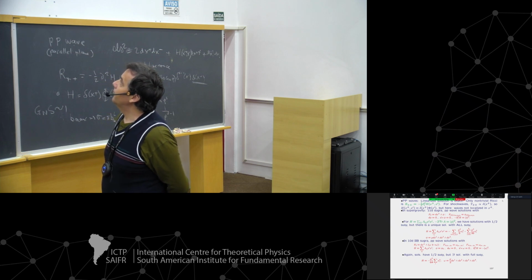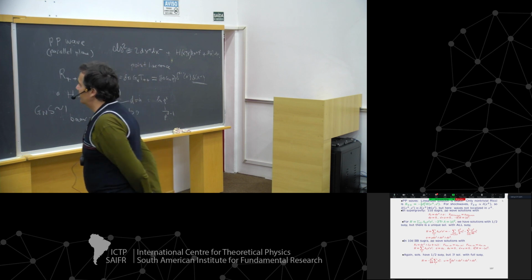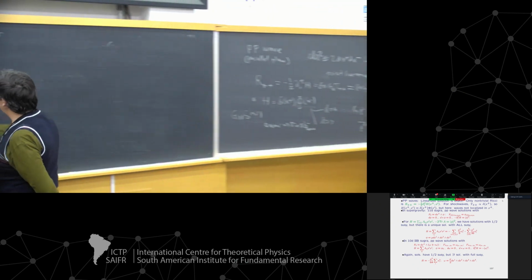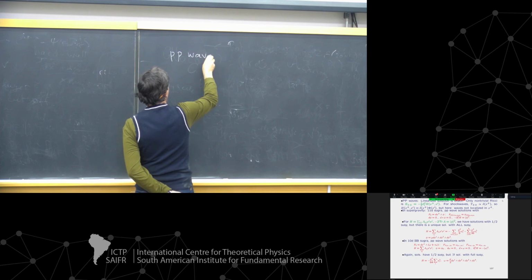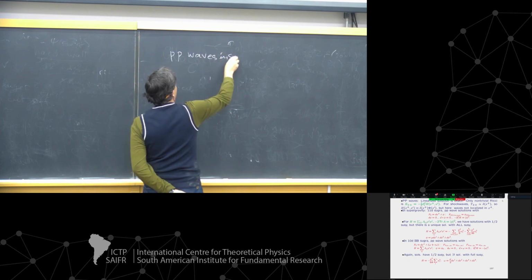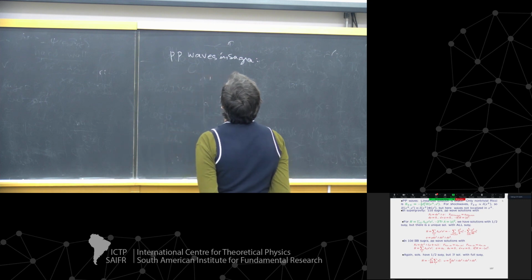But let us consider now the more general case where there's no delta of x plus. And in particular, let's consider PP waves in supergravity. So in 11-dimensional supergravity,